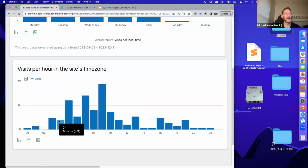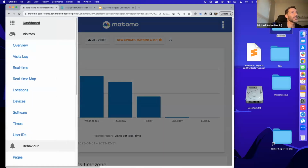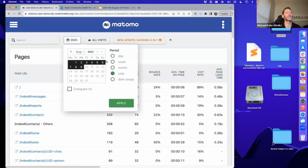So it seems like users are typically using it a little bit more in the mornings and a little bit less in the afternoons. So this is some types of data that we'll be able to see here just from a high level perspective. Another thing that I'm excited to see here, I'm just going to pull in a little bit less data here,